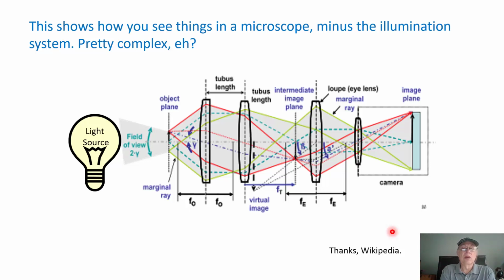Okay, so let's start not with scattering, but with a microscope. Here we have a light source, and actually this is sort of a simplification. That's why it says minus the illumination system. There's already a lot going on here before you illuminate the sample. The sample is held here in the object plane. This little arrow is what the sample is, and we're going to try to